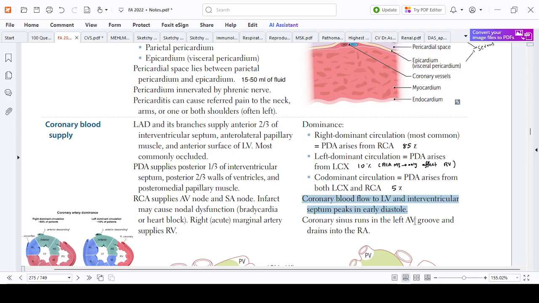Also remember that if you decrease the coronary perfusion pressure or the coronary blood flow, that will lead to the release of nitric oxide and adenosine, and that will increase the blood flow within the coronaries and to the heart. So this is basically the autoregulation mechanism of the heart, that between 60 to 140 millimeters of mercury of blood pressure, the heart can